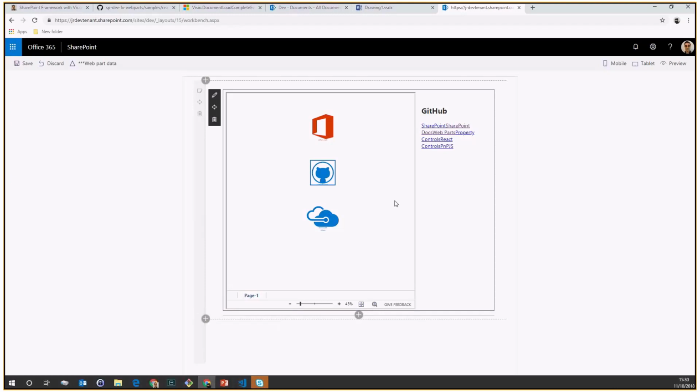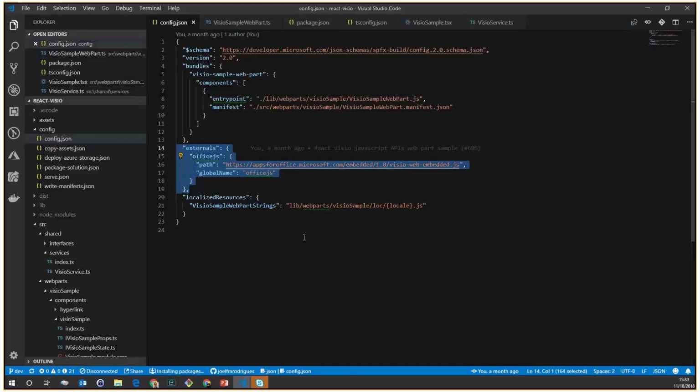So this is basically the sample. We just extracted data from there. And the code is just a subset of what we did there. In terms of setup,